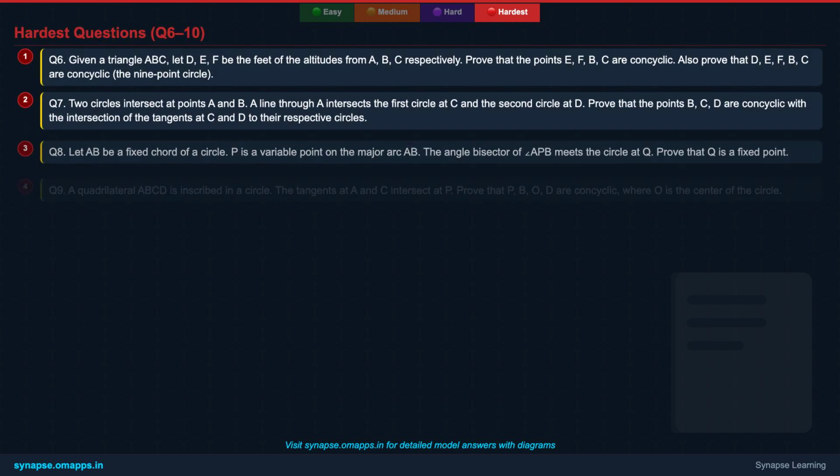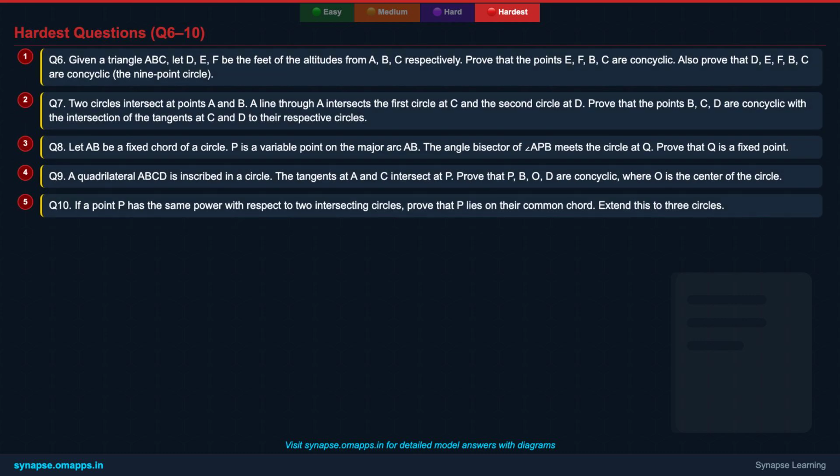Here are the final 5 questions to truly test your mettle. These are designed to be at the pinnacle of difficulty, pushing your analytical and geometric reasoning skills to their limits. They might involve combining concepts like orthocenters, angle bisectors, tangents, and more. Think about how different theorems interact and how you can use auxiliary lines to simplify complex figures. This level of problem solving is what separates good from great in mathematics. Take your time, apply all the strategies you've learned, and strive for elegant solutions.